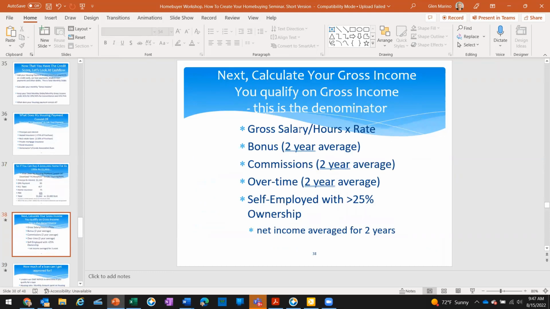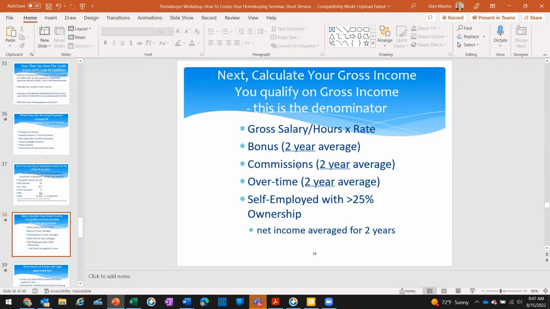Well, it's usually your gross salary divided by 12, or we take the hours you work per week, say 40 hours a week times $20 an hour, whatever your hourly rate is. And then we'll divide that by 12. Your bonuses, if you're subject to bonuses, we give you a 2-year average of what you've received, not what you're